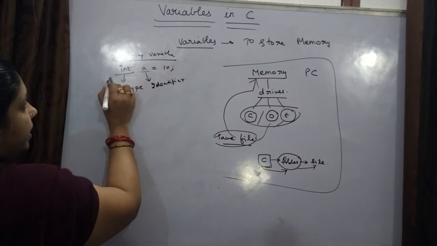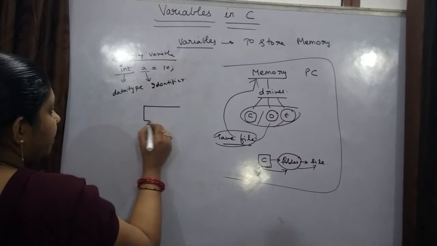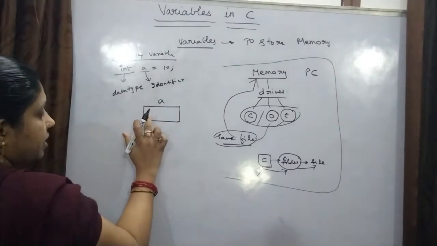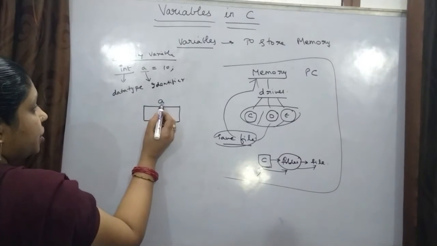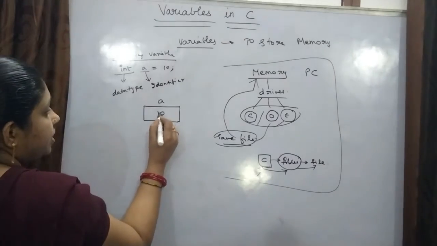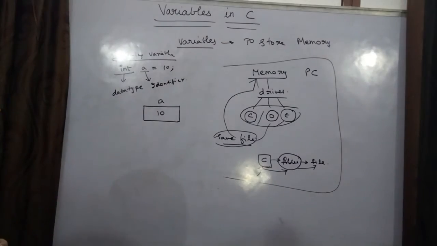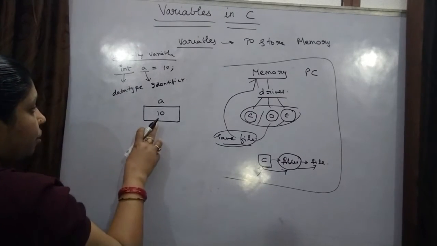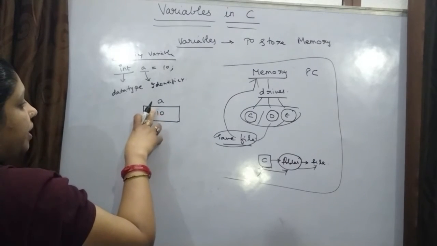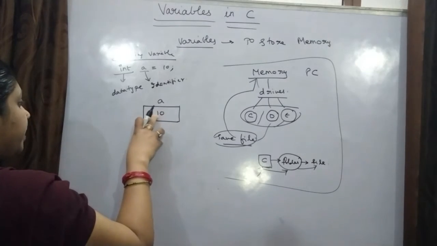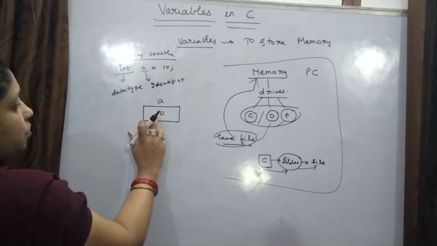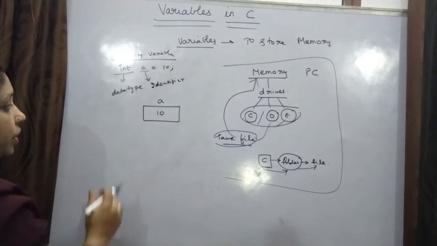When you declare a variable like this, automatically in the memory, the partitioned memory will take this name. A is assigned to this memory location, and whichever value you assign to A is stored in this memory location. Suppose in the program you want to change this value, if you are not declaring it as constant, then during program execution time you can change this value to another value also. So that is the thing.